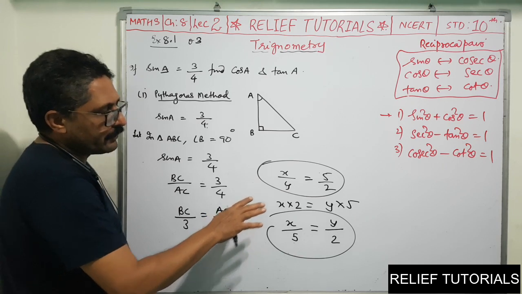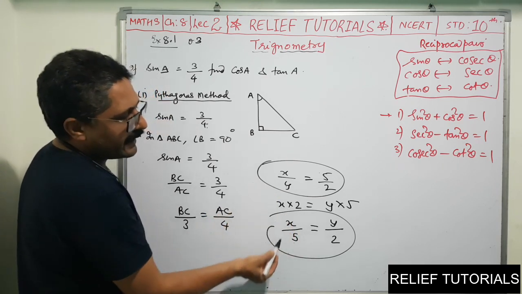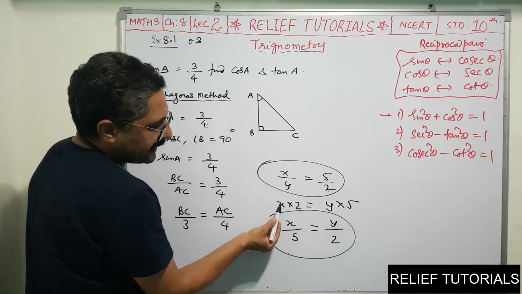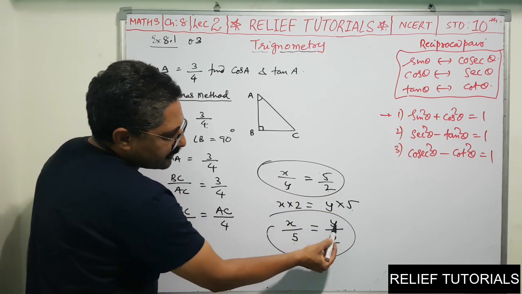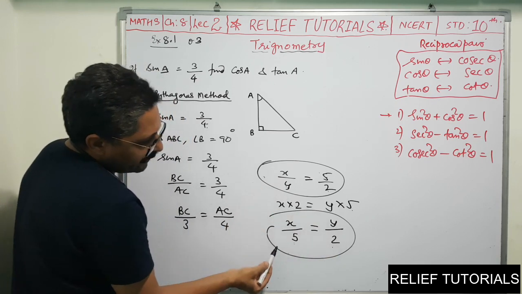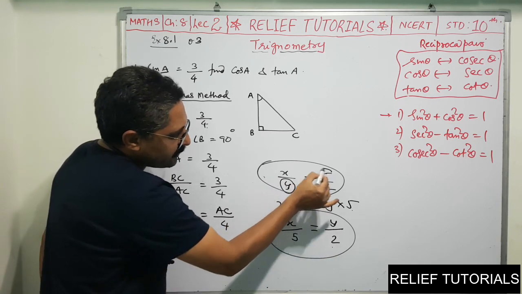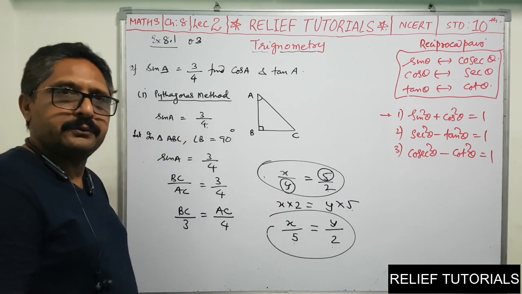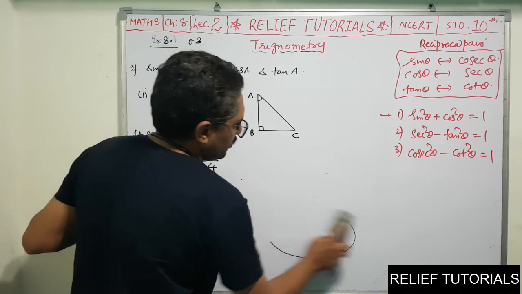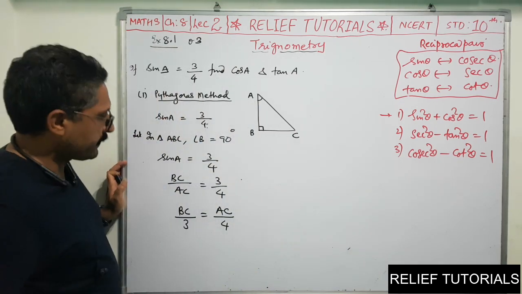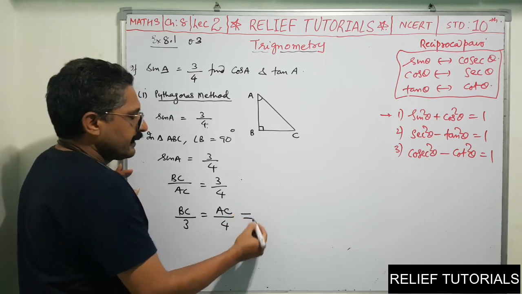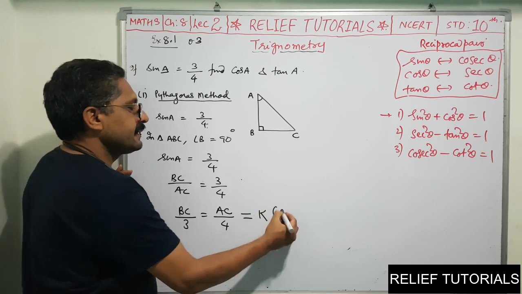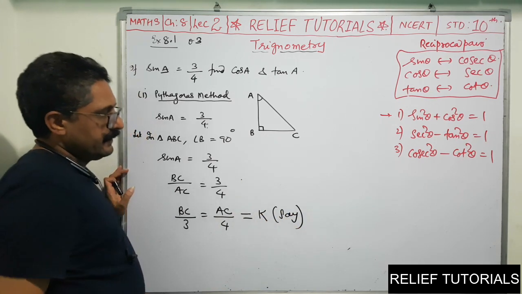But till now you remember this: both are one and the same. x into 2, y into 5, cross multiplication. Then I can say x, this 5 can come here and this is y, so 2 can go. Look at what we have done: this y and this 5 changed their places. That is called alternendo. So I have done it here, and there may be some value of this ratio. We say let it be k.